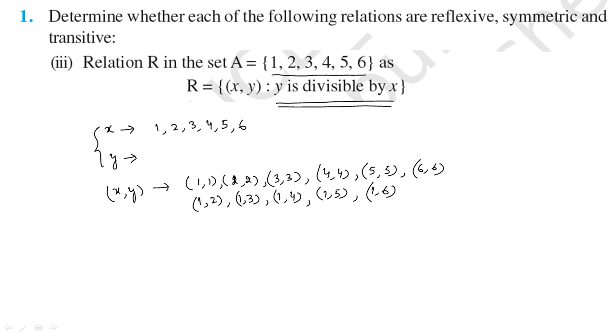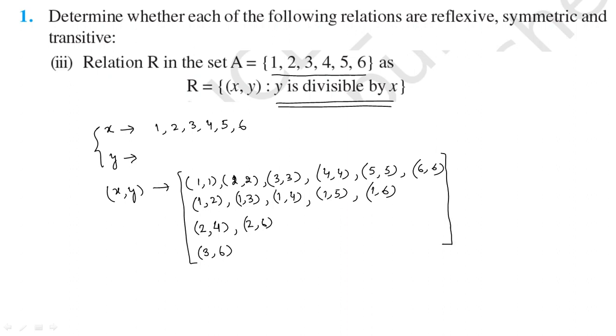Now what about next condition? If I am writing 2 here, second point 2. Now I can't write 3. 4 is there, (2, 4). The combination of (2, 4) is there. Then combination of (2, 6) is there. 4 is divisible by 2 and 6 is divisible by 2. What about next condition? 6 is divisible by 3. Now, these are the points.